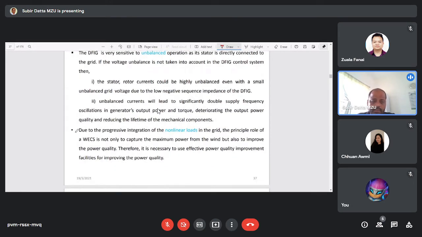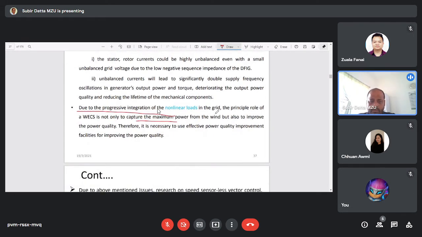So we just see it is also written here. The nonlinear loads nowadays are increasing. So the principal role of the wind energy conversion system is not only to capture the maximum power from the wind, but also to improve the power quality. If the total harmonic distortion is more than 5%, as I already said, then the quality of the power will degrade. So not only capture the maximum power from the wind, we have to improve the